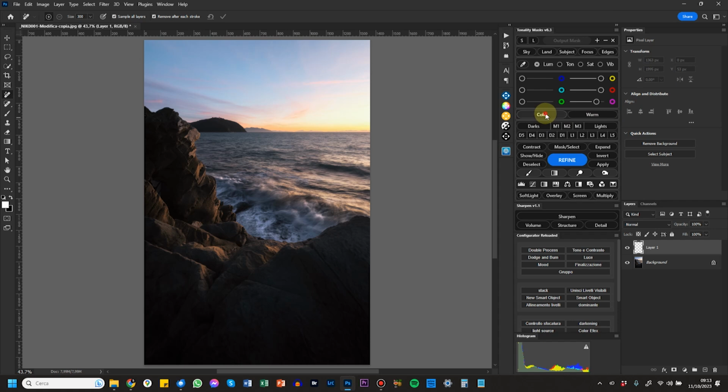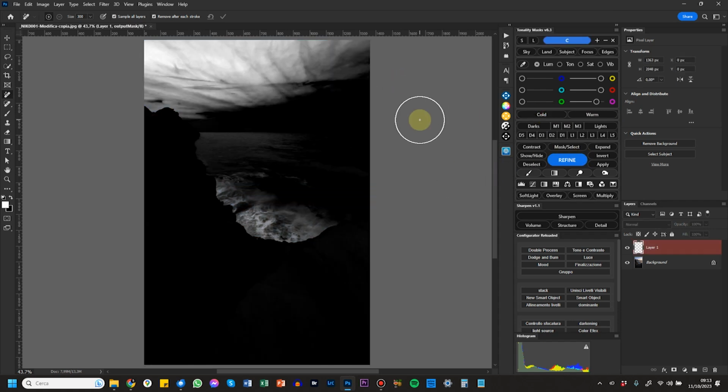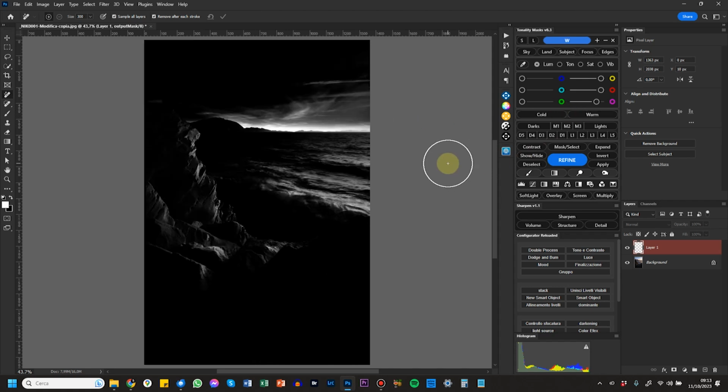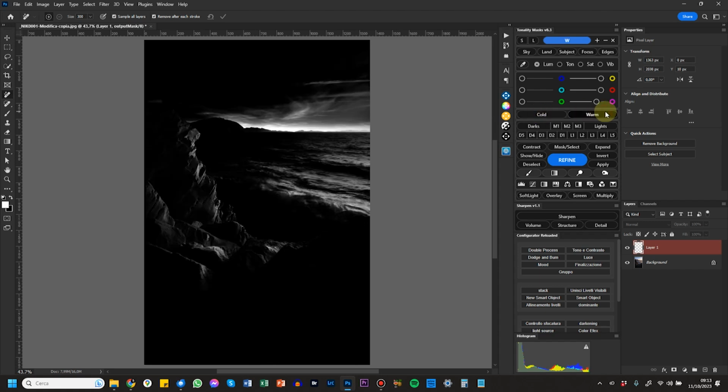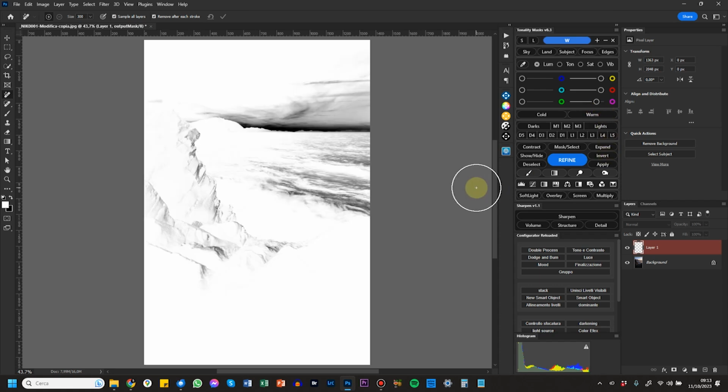Now, you have cold, which will select all the cold tones in your image, and the warm, which will select only the warm tones in your image. Please note, the cold is not the opposite of warm, because there are many tones in the image that do not belong to any of those two tonalities. So if I just go to the warm mask here and I invert it, of course everything else is selected but the warm. It's just not the same as a cold mask.